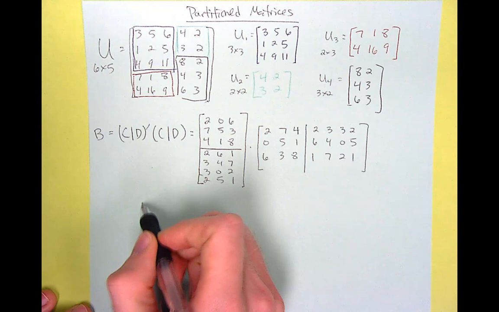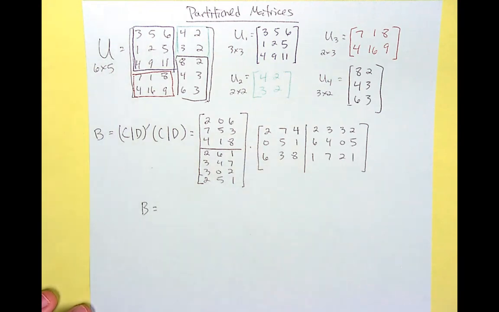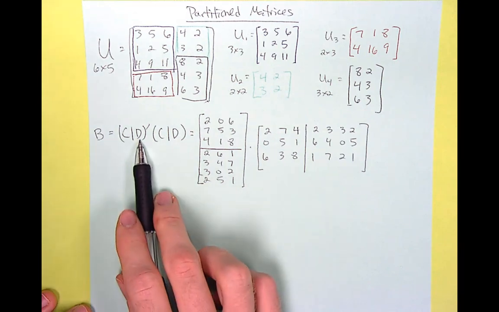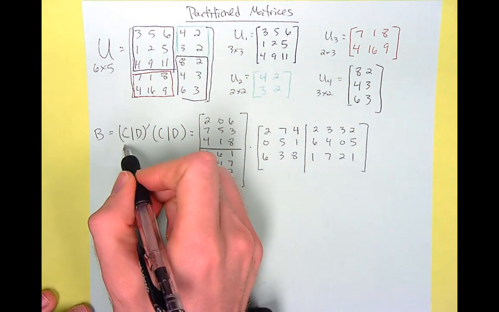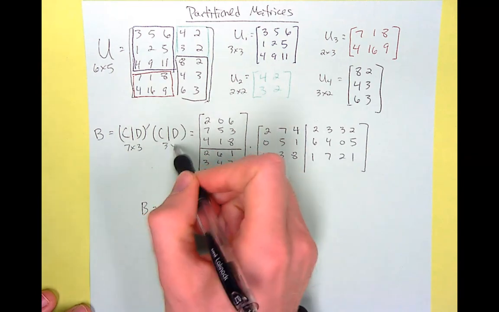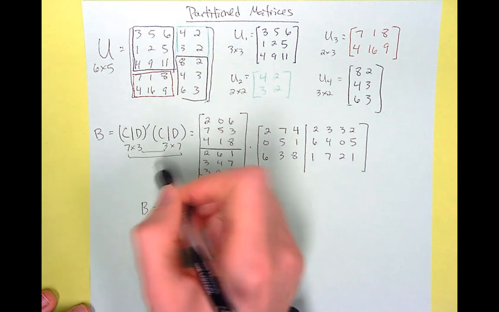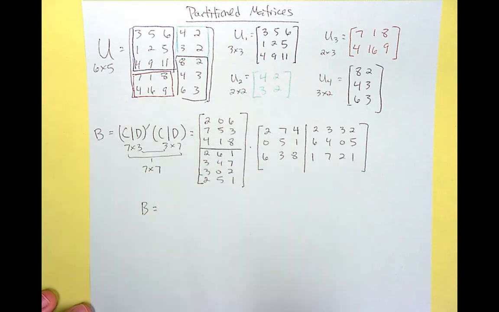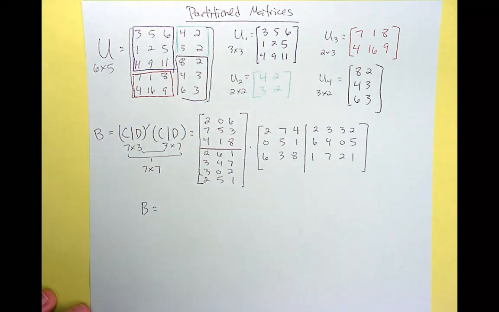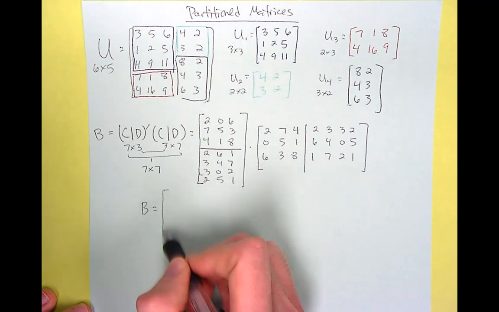So B is going to be equal to what? Well, we know that the transpose of the CD matrix is a 7 by 3 matrix, and this is a 3 by 7. So the resultant matrix is going to give us a 7 by 7. So it's going to be quite large. And when you do this matrix multiplication, the values that you get,